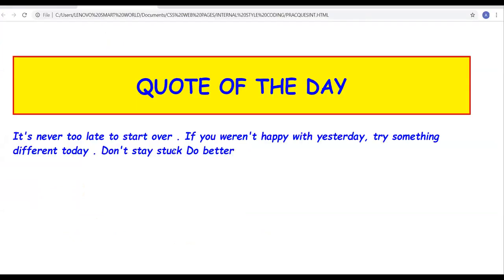See here. See carefully. The entire web page has turned blue because I have applied the color property under the universal selector. Clear? Is it clear?